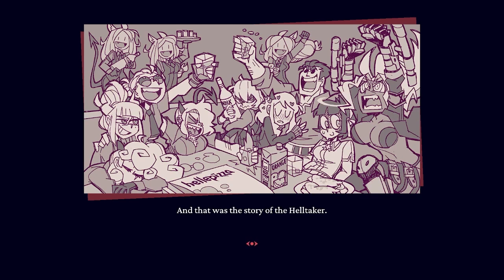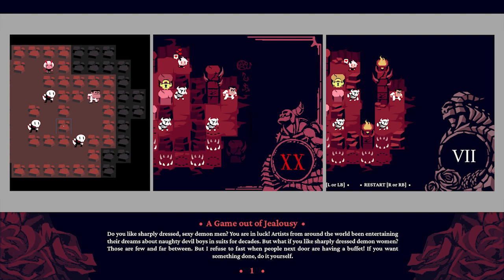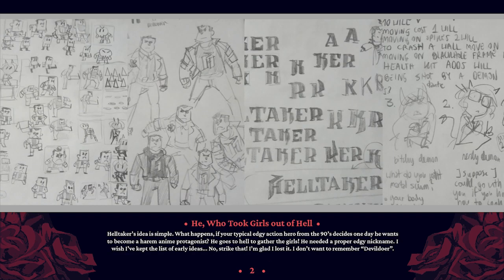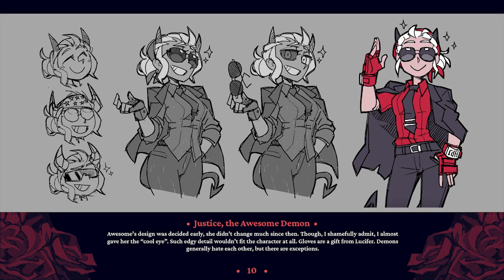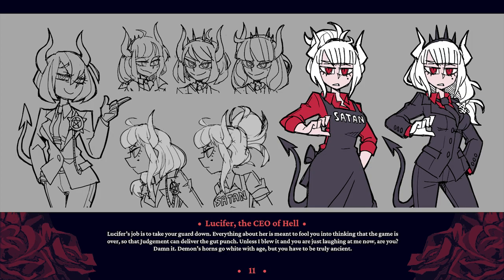for completing the game. This art book is a fantastic look into the decisions Helltaker's developer made when creating this cast of characters. While not exactly level design focused, just seeing how he goes about creating certain aspects of characters or cutting others is very interesting. This part about creating a template character to build the rest of your cast around, uniting them by common demon features, is great. The whole art book is full of notes that peel the curtain back a bit behind how Van Ripper approached the game, such as how Lucifer's place in Helltaker is about taking the player's guard down before